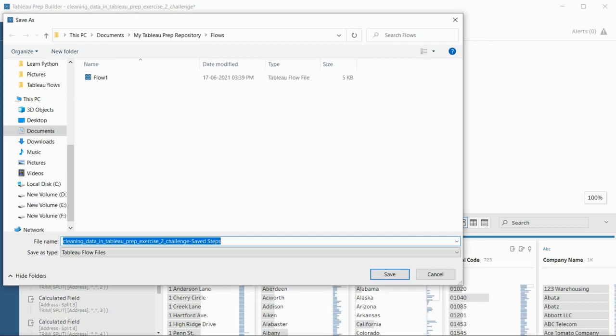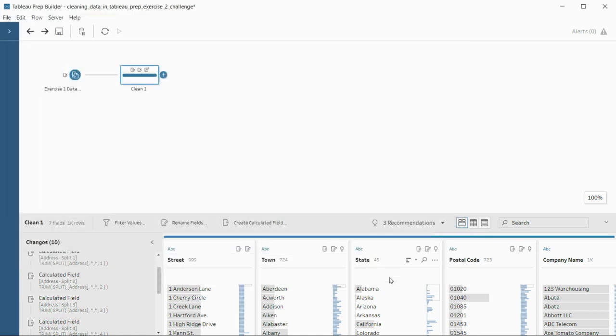If you click, it will ask you for the file location where to save it. You can save it with any name. Here, it is by default Cleaning Data in Tableau Prep exercise 2 challenge saved steps. If you want to give some other name, you can give it and click save, and this step will be saved.